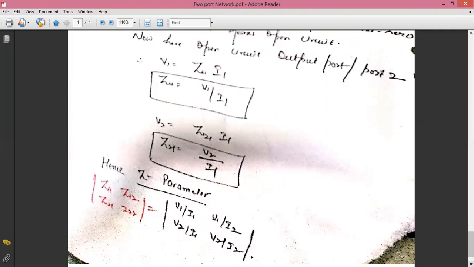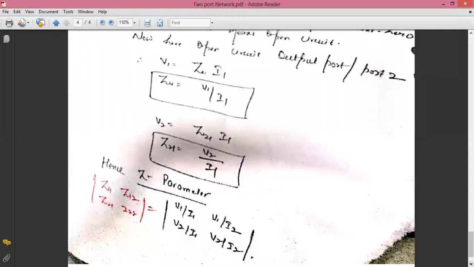So this is all about the first parameter, that is called the Z parameter, which is also known as the impedance parameter, which is also known as the open circuit parameter. So my humble request to all of you, you can watch this video again and again and also go through the study material. You can get a benefit from the study material. And in my next lectures, we will discuss all the parameters one by one. So this is one parameter, that is the Z parameter.